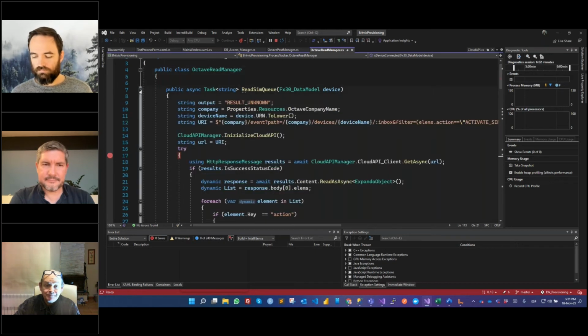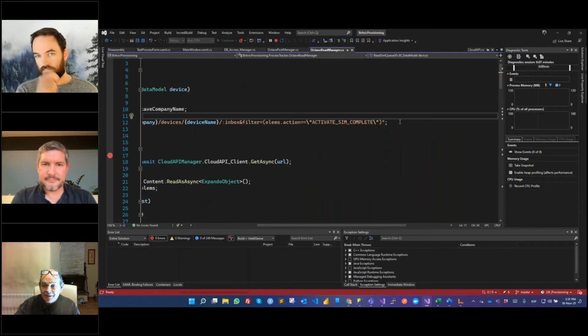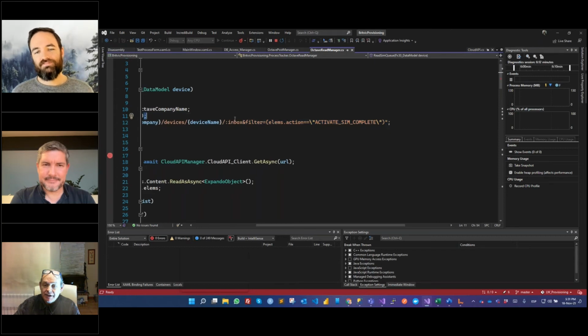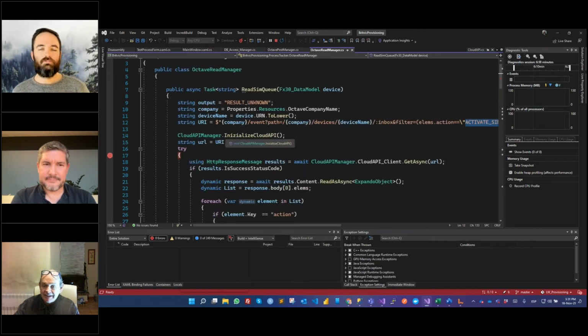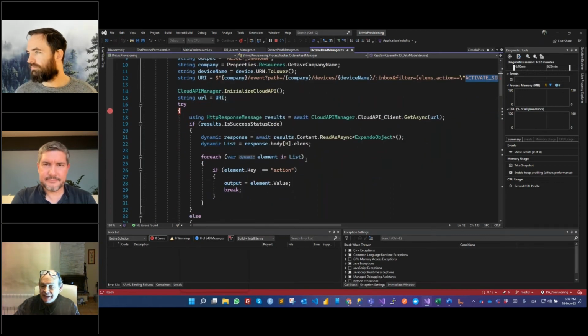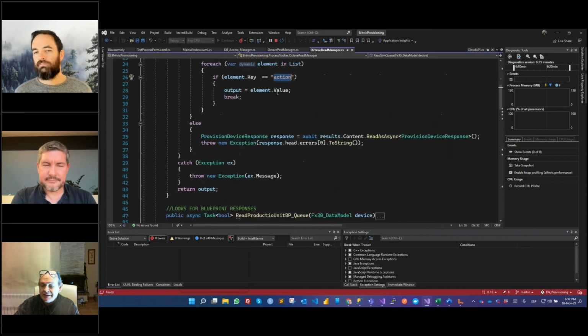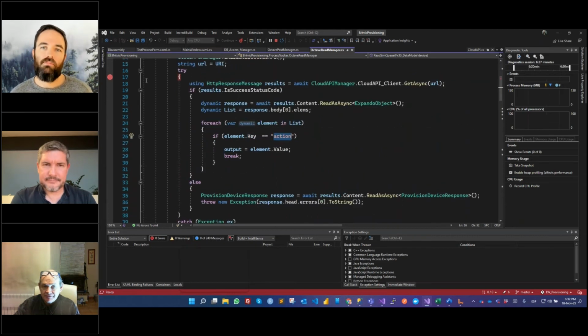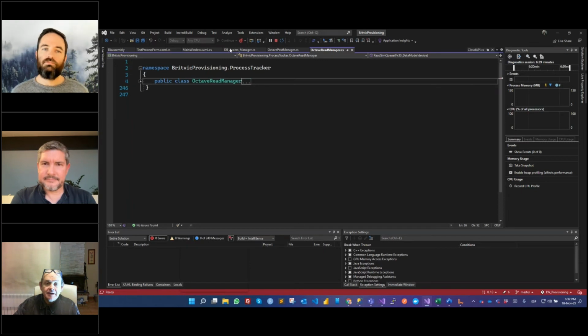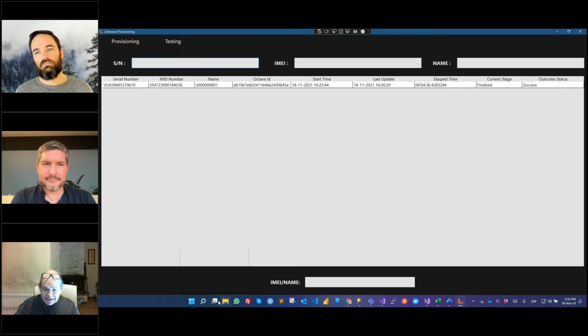read SIM we have here, and we read the SIM with a filter that I was asking you about because I had some trouble with this filter. So I'm looking in the inbox for messages that come back with activation complete. And when I get these, I compare it to the unit that I have, and if the element is an action, I return true, and I can go on to the next step. So coming back to my presentation,